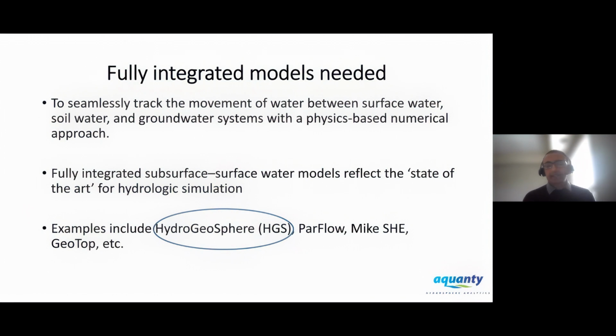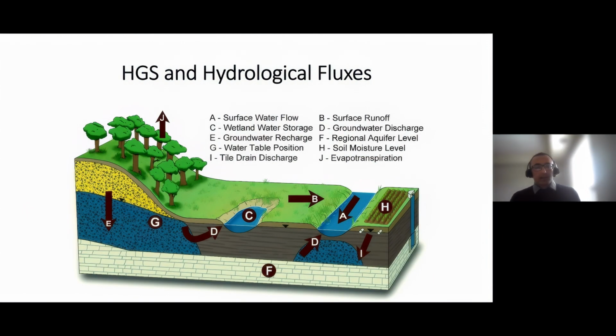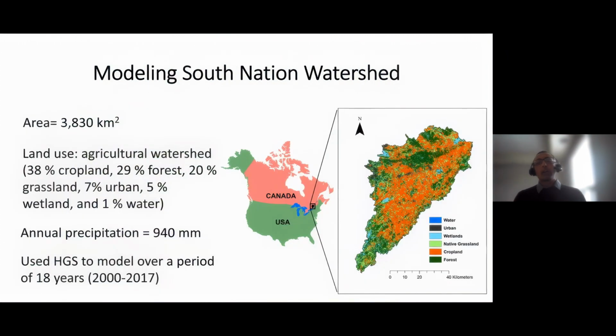And why do I say this? Because it can map all the fluxes, or actually most of the fluxes, which are taking place in the water cycle. As you can see, the subsurface flow goes into the surface flow, and it can link ET with these water storages. Therefore, we have used this model to map water fluxes and water ecosystem services in the